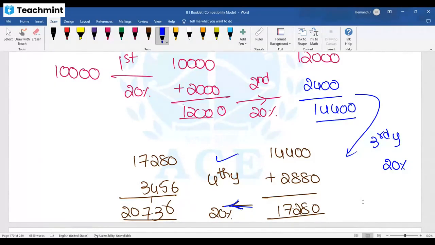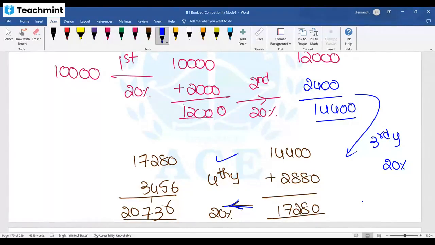In the GATE exam, what they gave is the same question with a small change. The amount should be doubled in how much time? Options they gave: 2 to 3, 3 to 4, 4 to 5. What's the correct answer? Double only. Double means it should become exactly 20,000. Did 20,000 happen between 2 to 3? No, in 2 years it becomes 14,400. In 3 years it becomes 17,280. By the time of 4 years it's more than double. By the time of 3 years it's not double. So between 3 to 4 years it is exactly double.